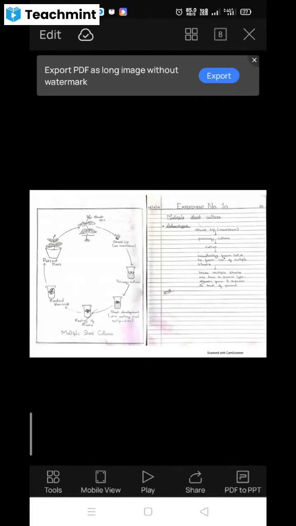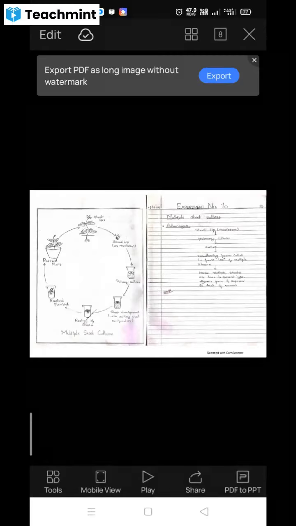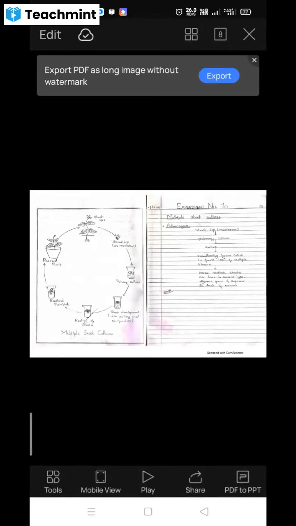So next practical, experiment number 10, that is related to unit third, that is plant tissue culture. So this plant tissue culture, the first experiment is multiple shoot culture. So multiple shoot culture, as you know, tissue culture process, टिश्यू कल्चर में हमने थ्योरी में पूरा पढ़ा है कि